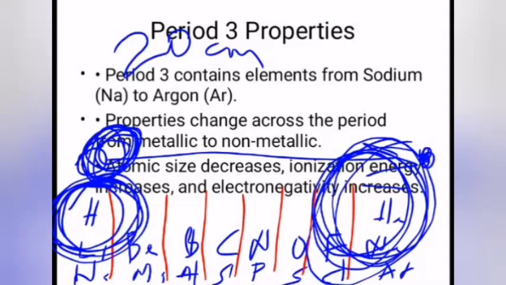Electronegativity, on the other end, is the ability to gain an electron or to receive. Electronegativity is talking about the negative charge on these electrons. When you look at sodium, in its outermost shell it has just one electron. But if you go to argon, it has 8 electrons in its outermost shell. Electrons are negatively charged, so because of this increase in electrons,